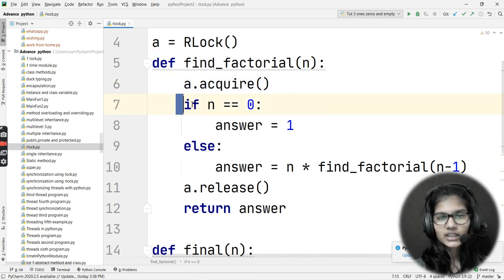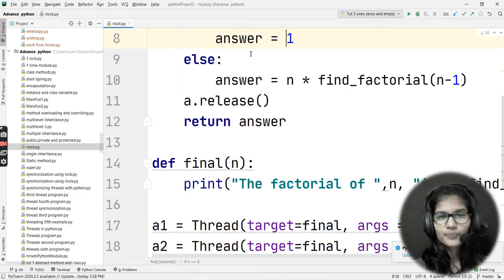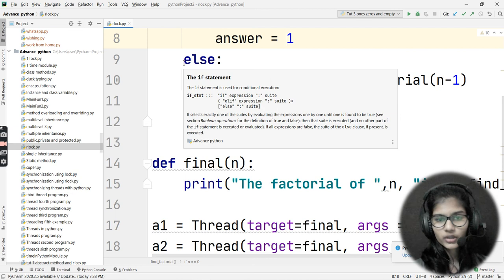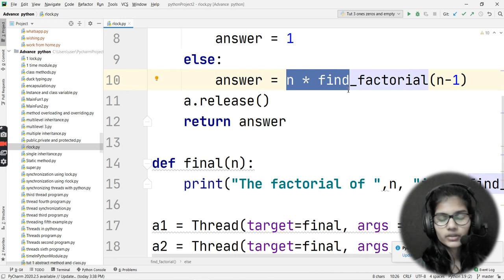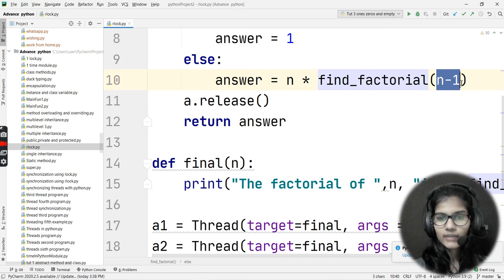Now my next condition: if n is equal to 0, that is, if the number we input for finding the factorial is 0, then my answer would be 1, as the factorial of 0 is 1. And if the first condition is not satisfied, we go to the else, and here I store in answer n multiplied by find_factorial, and into the brackets n minus 1.